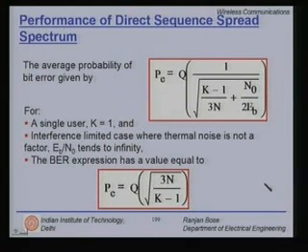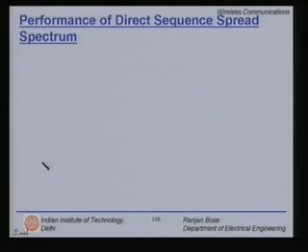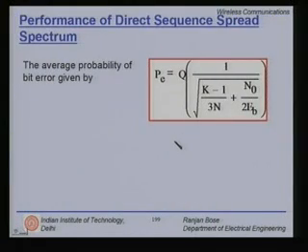Question: Sir, this does not depend on the zeta factor, as we previously discussed? Okay, the question being asked is, does it depend on the zeta factor? The answer is yes, it will depend on the zeta factor. Here the zeta depends on the additive white Gaussian noise, and N naught is coming into the picture here. So this is N naught over 2 EB, it is 1 over SNR. So the signal to noise ratio is coming into the picture here.